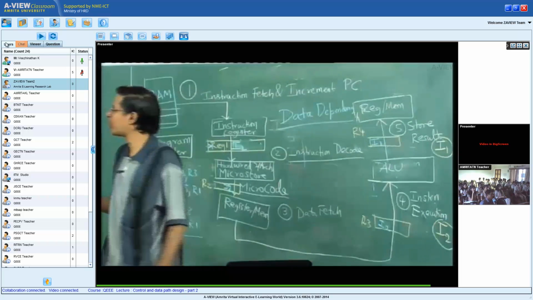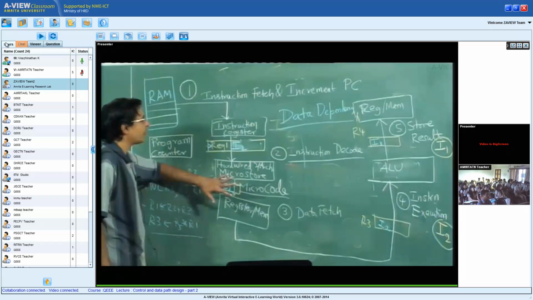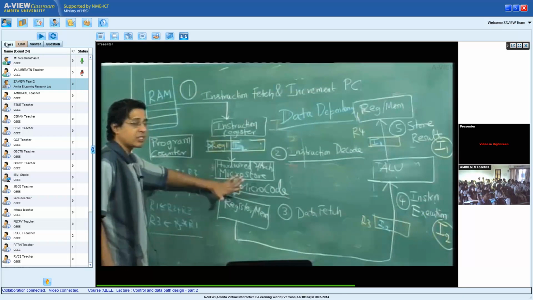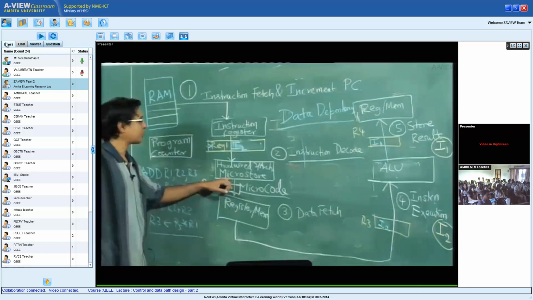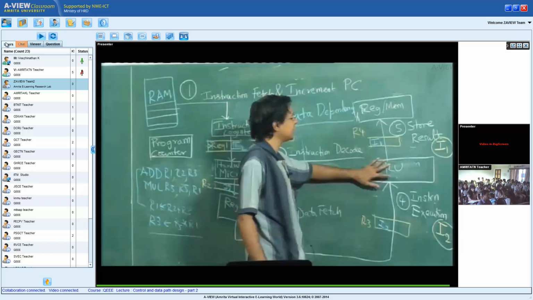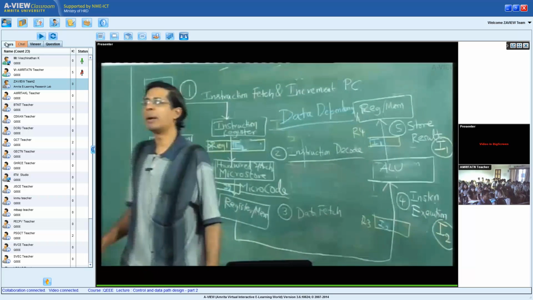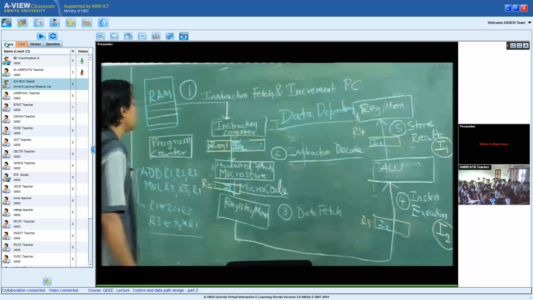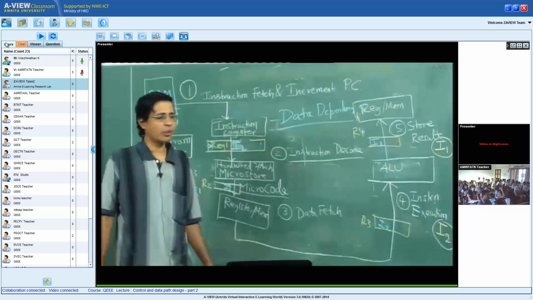So I interpret your question in two ways. Either it is the time for decoding, where certainly the hardwired is much faster than the microprogram, but the hardwired is not as extensible as microprogram. But when it comes to execution of an instruction, memory based instructions are slower than register based instructions in terms of operands.